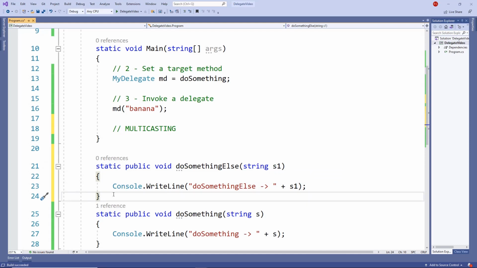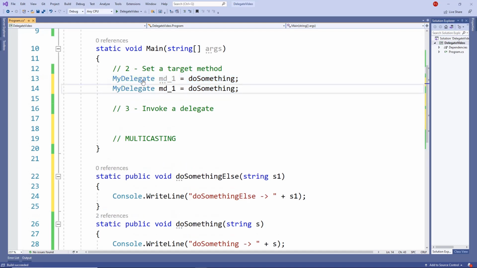All right, so now that I have two methods, and the two methods have the same signature, now I can start using the multicasting. So the multicasting is when I have one delegate calling other delegates. So here I have a delegate called MD. I'm going to rename this to MD1. And then I'm going to create another delegate called MD2. And the MD2 is going to call the do something else method. So now I have two separate